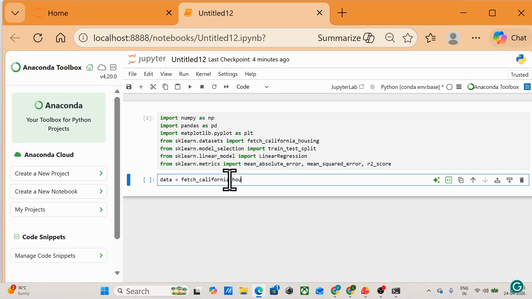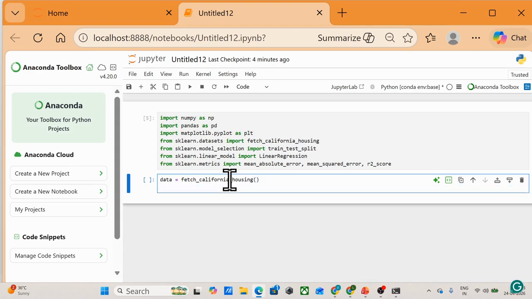Okay, and then we'll convert it to pandas, with the feature names.